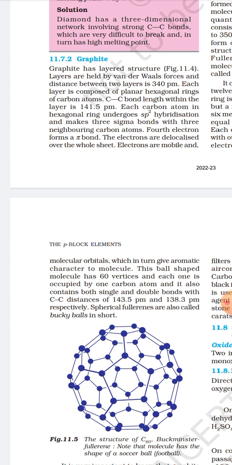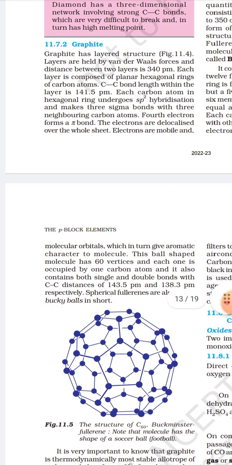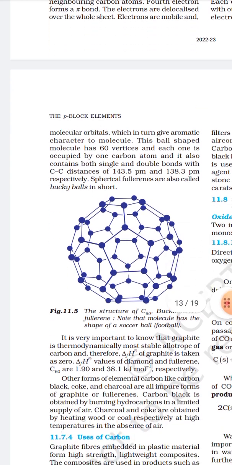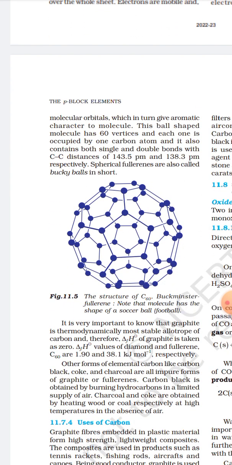This ball-shaped molecule has 60 vertices, and each one is occupied by one carbon atom. It also contains both single and double bonds with carbon-carbon distances of 143.5 picometer and 138.3 picometer respectively. Spherical fullerenes are also called buckyballs for short. It is very important to know that graphite is the thermodynamically most stable allotropic